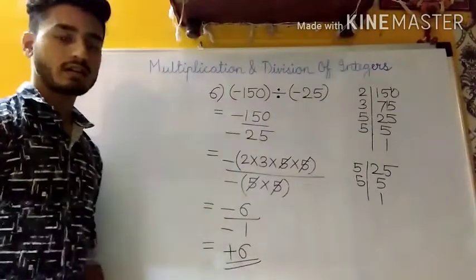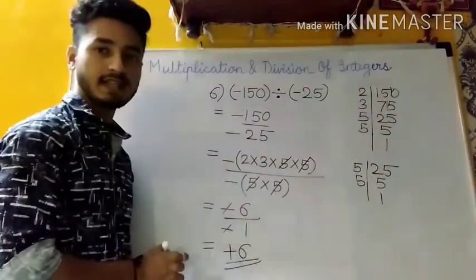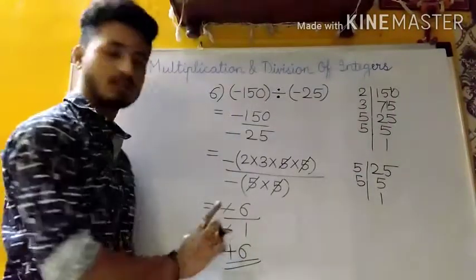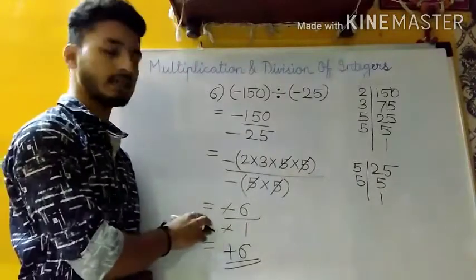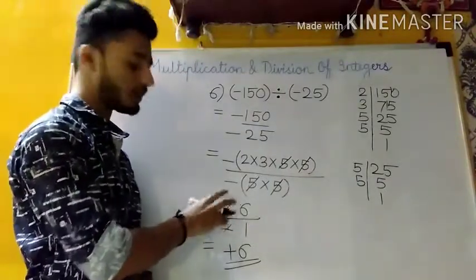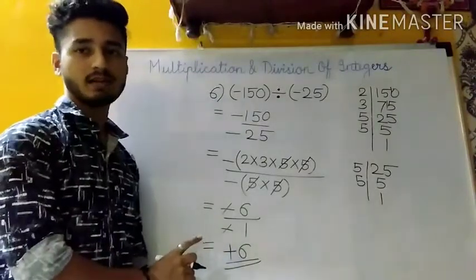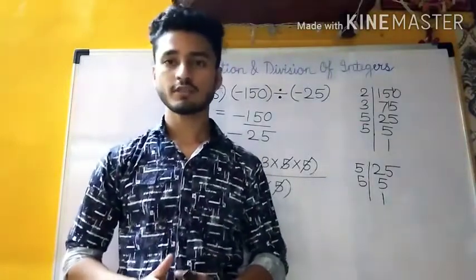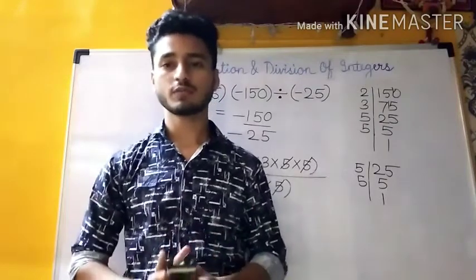Okay, instead of using the chart, you can cancel out the signs also. Okay, minus and minus get cancelled, what remains? 6. So again we get a positive answer. Okay, so if you can go with the table, use the table, or else you can just cancel out the signs and you will find the same answer. Okay, I guess now you can solve the rest of the sums on your own. Okay, you will solve all the sums with the same procedure.